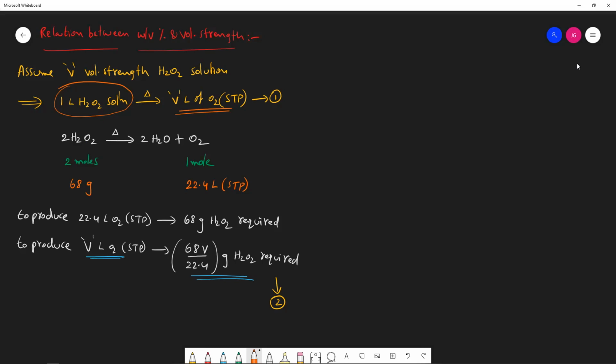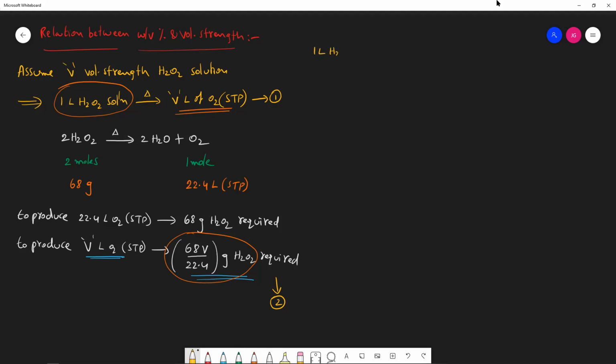That is obviously 68 V by 22.4 grams. So from equations 1 and 2, what I'm going to infer here is